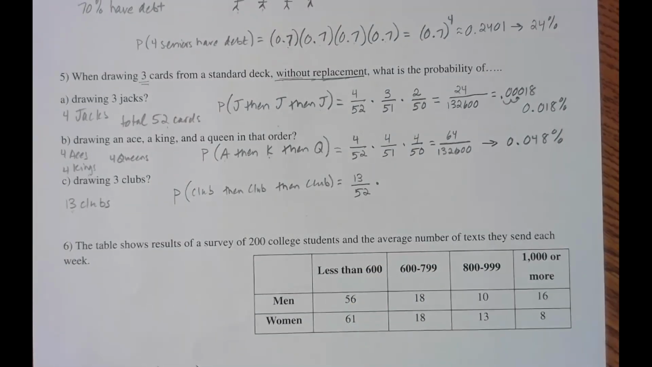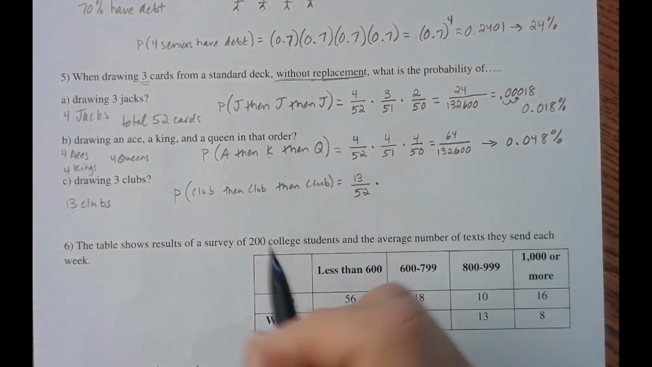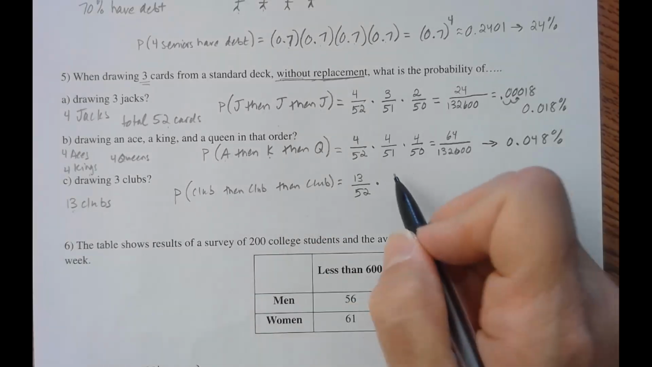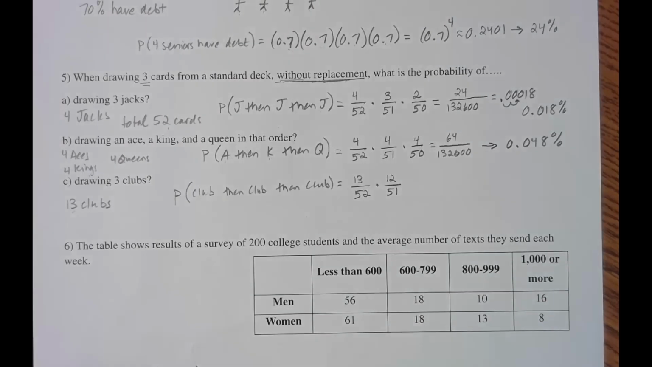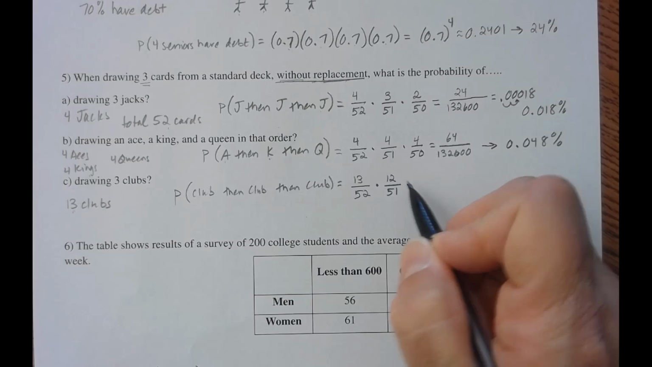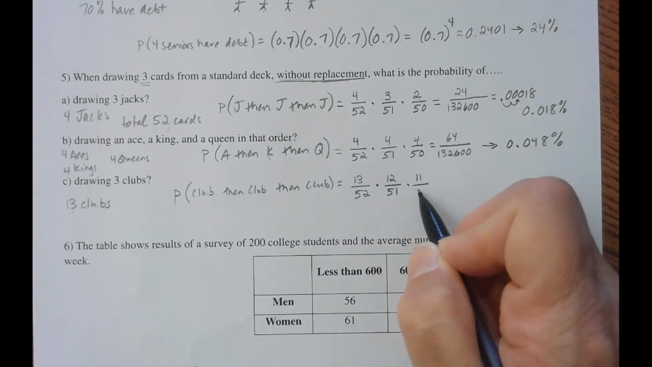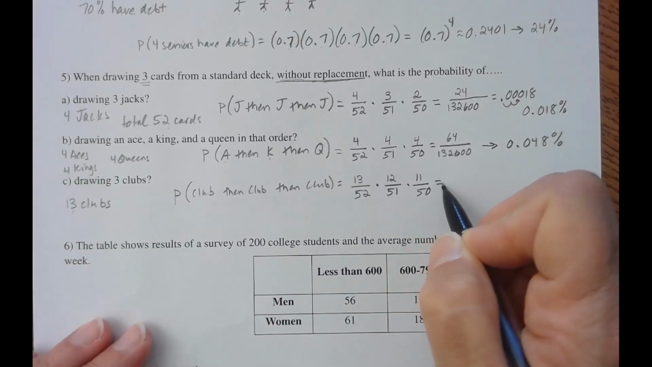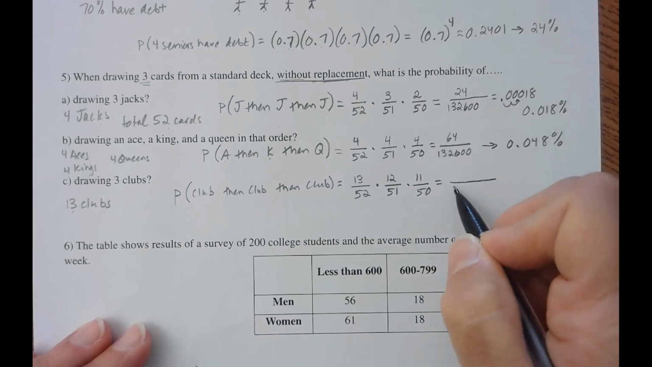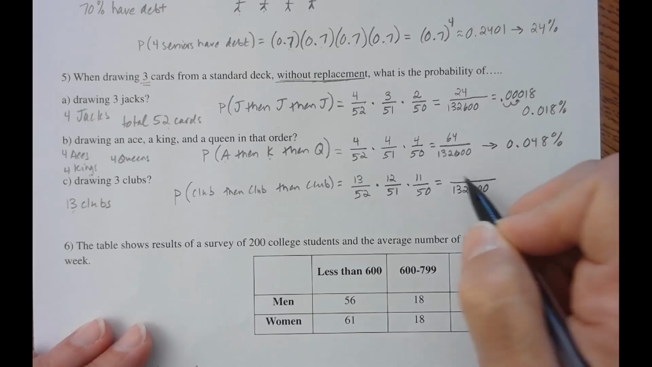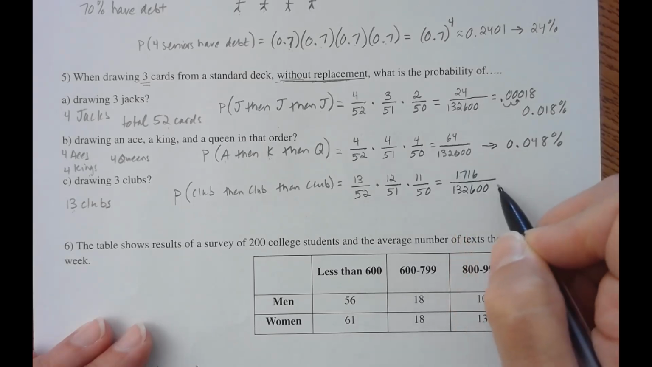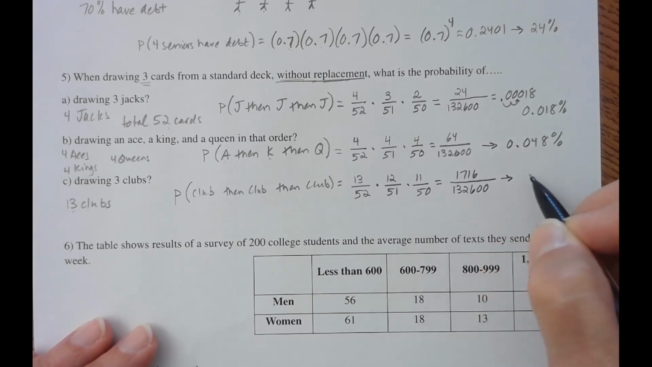Hold on to that card. We're not replacing it. So now, the second time I draw for a club, there are only 12 clubs left out of 51 total. Hold on to that card. The third time I draw for a club, there's only 11 clubs left out of 50. All right, I'm going to multiply this all up. And then I'm going to divide and change this into a percent. So this comes out to about